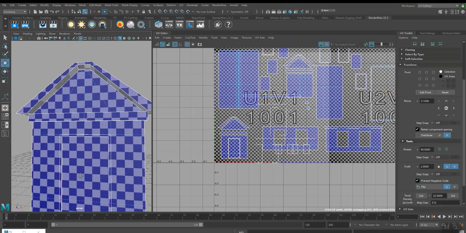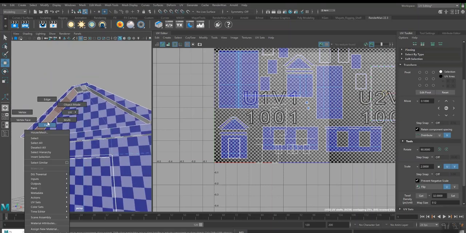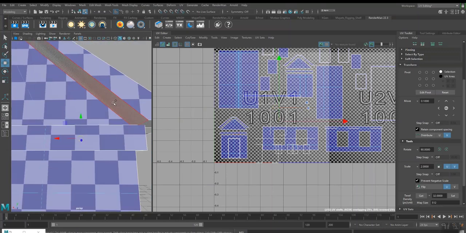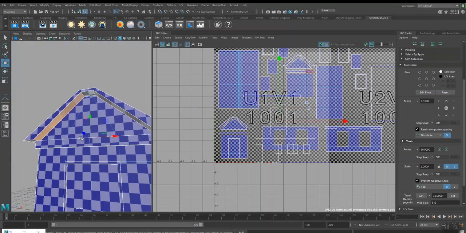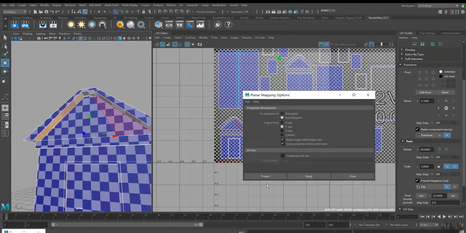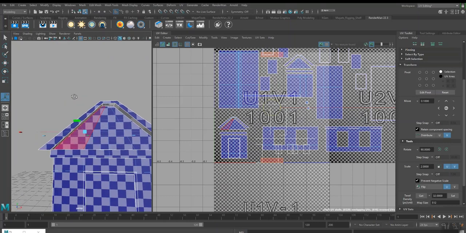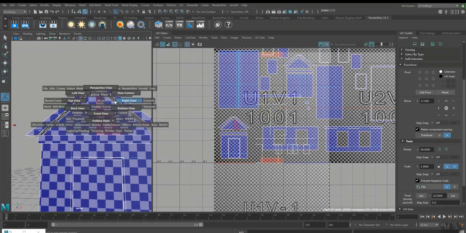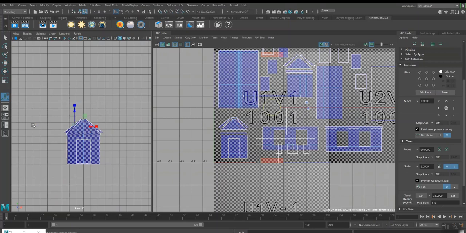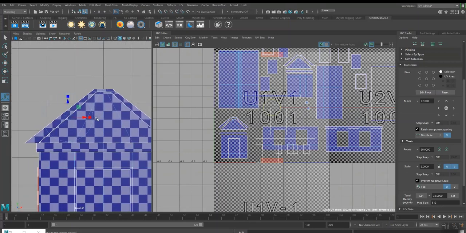All right, we still have manifold geometry. Some of it is this. So let's just get these two guys right here. And we're going to go to UV planar. We're going to project it in the y-axis. We're going to go to front view. Click the little T-square here. And what we're going to do is we're going to just